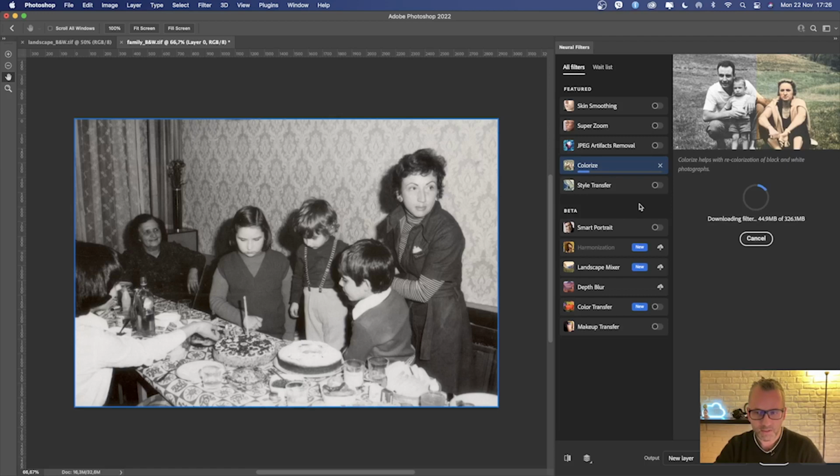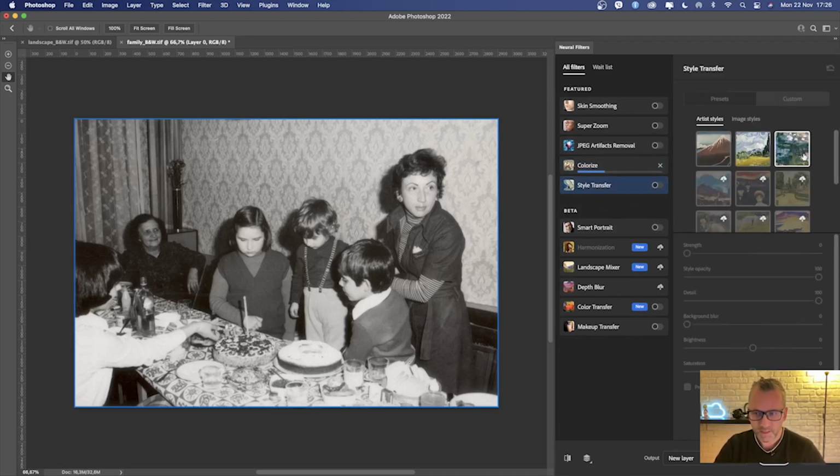And you can see meanwhile all the other Neural Filters with the latest version of Photoshop. You can see skin smoothing, super zoom, JPEG artifact removal, style transfer. This is something interesting. You can put a different style, like from a famous painter like Van Gogh or Degas, to your photos.